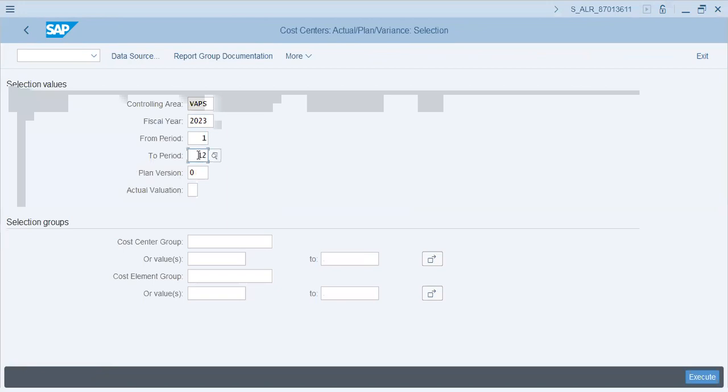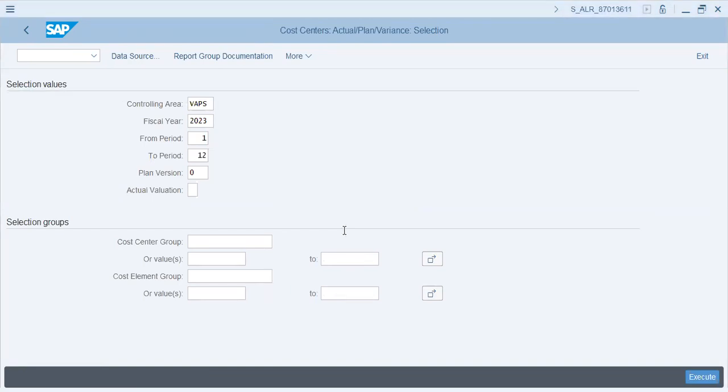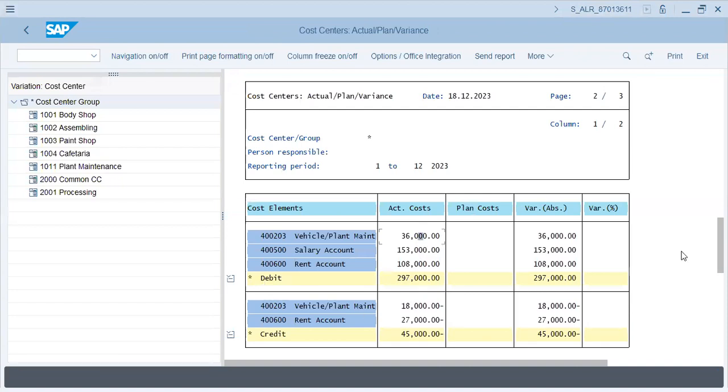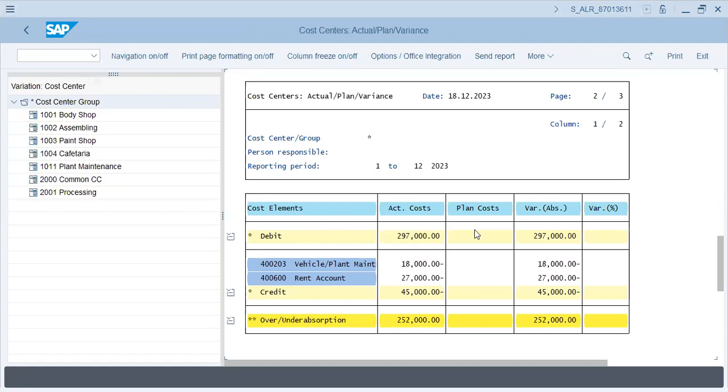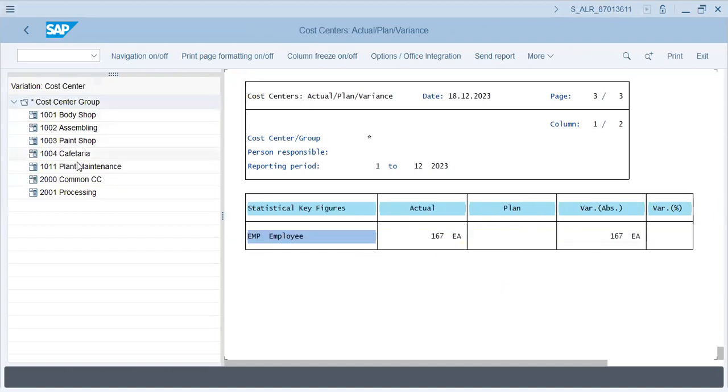Controlling area, periods 1 to 12, plan version 0, actual valuation, cost center group. Execute. Okay. So these are your entries that have been actual, no planned cost have been entered. Okay. And you can see it from the other individual cost centers as well. Okay. We'll stop our session here because this was an